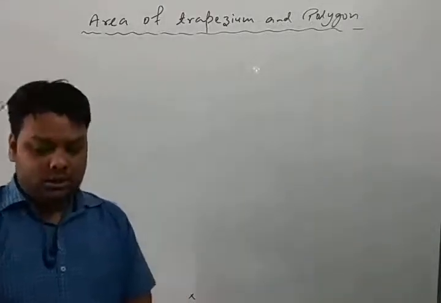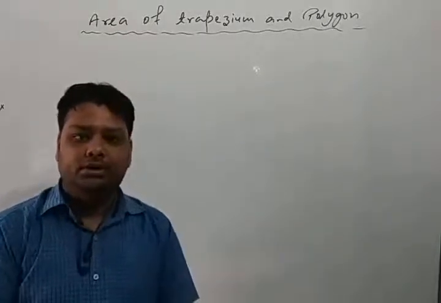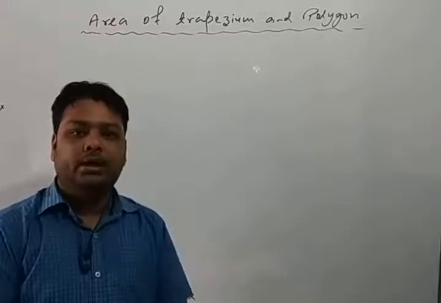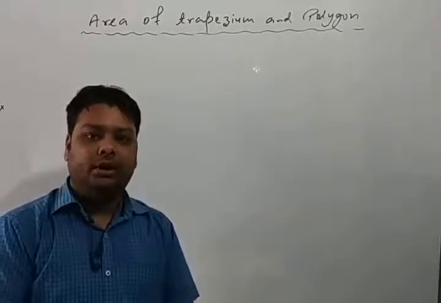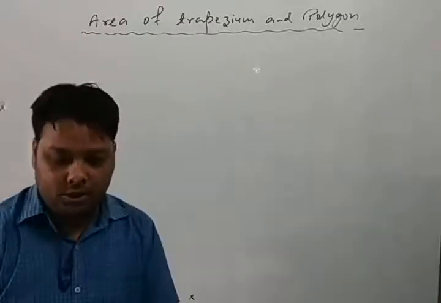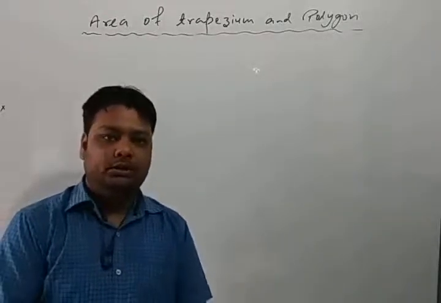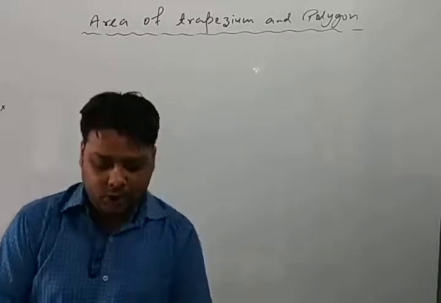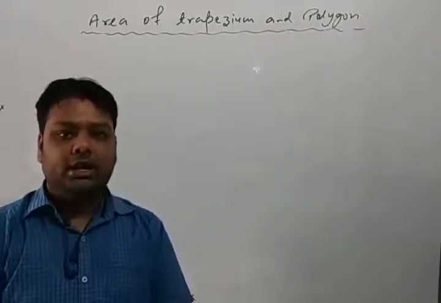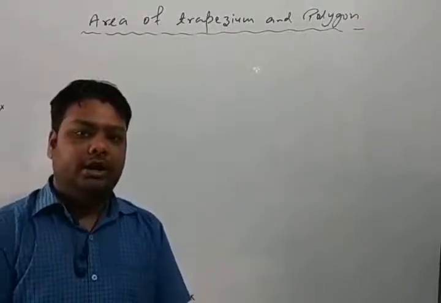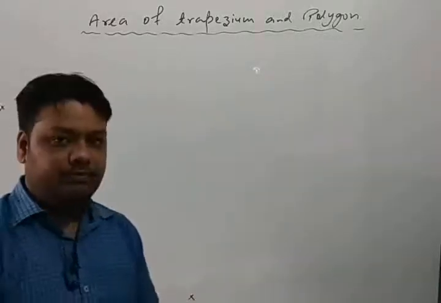Okay dear. In previous class we have discussed many concepts about the area of trapezium, Pythagoras theorem and the concept of Heron's formula, that is, how can we find the area of a triangle by using Heron's formula. Now students, today we will discuss two topics. The first is based on area of regular polygon, and the second is how to find the area of irregular polygon. Okay dear, so at first, let's see.